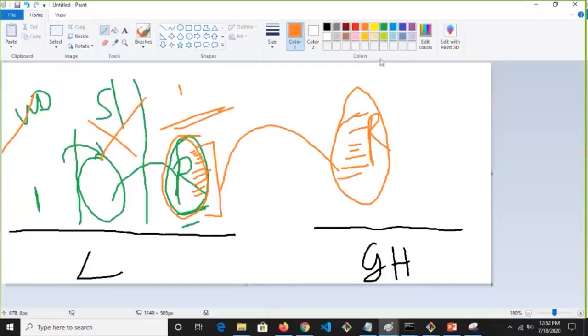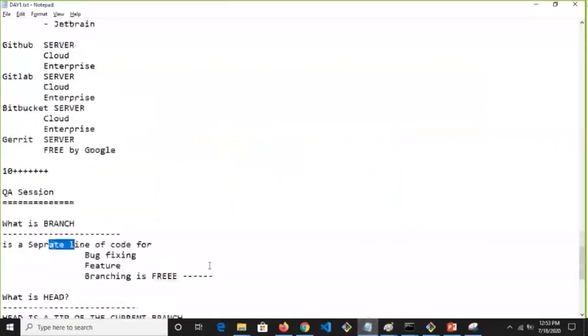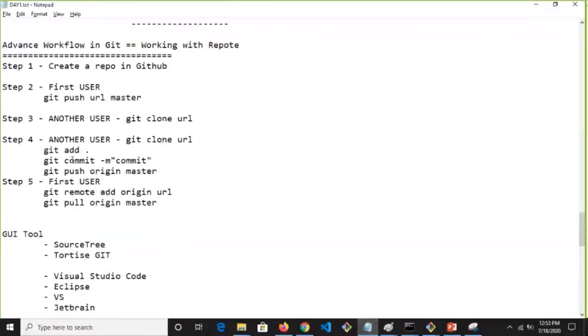Let's put it like this. I work in the master branch here. Then I created a development branch here. I created a feature branch here. I created any branch. Now, if you want to share this master branch, you push the branch. Remember, I always said you are pushing the branch. Look at my screen. Push what? This URL. Which branch? Master branch. You are pushing and pulling the master branch.